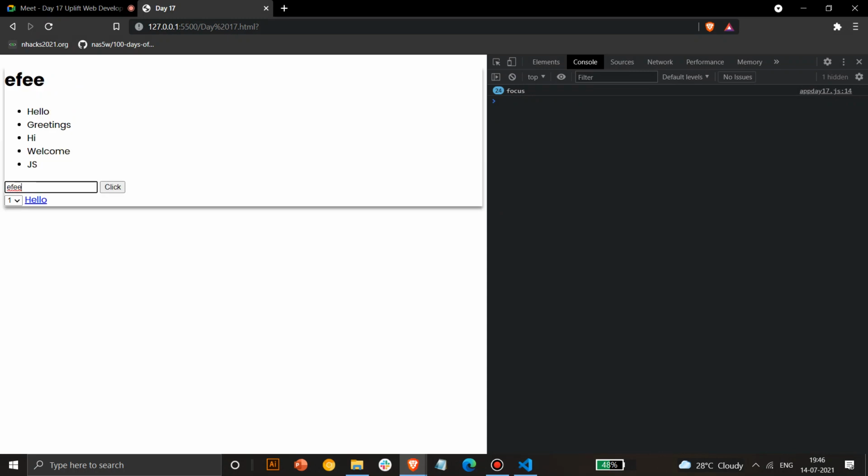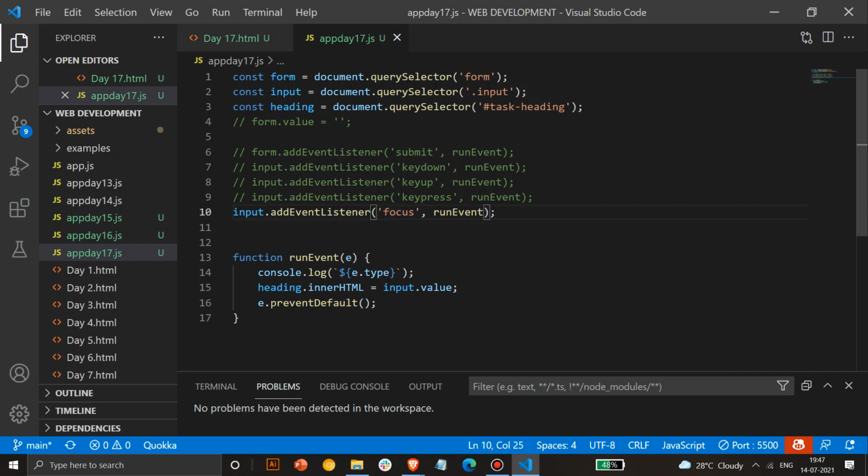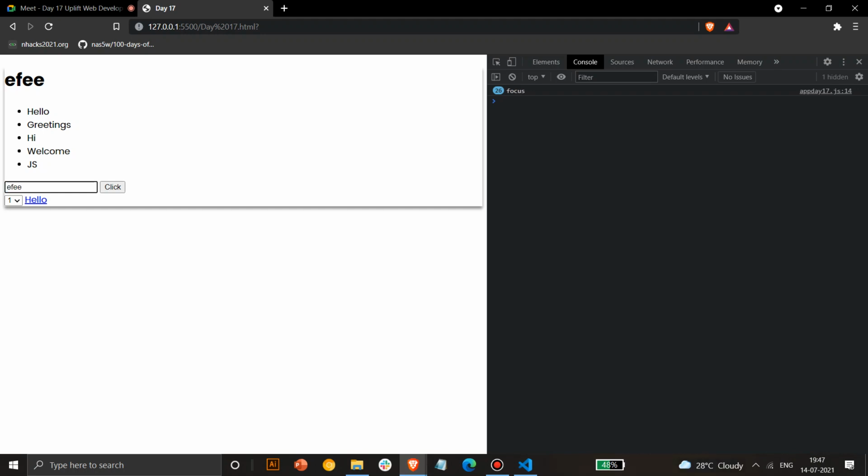Okay, this is helpful when you have to do validation, so you don't have to worry. As soon as the person puts his focus on this field, you can start checking if he has given the right format, as soon as he leaves it, or whenever he is entering the value. You can start validation at that particular moment. And as soon as the focus is lost, you can run the check on whether the validation is working or not. If the password is too short or something like that, you can give errors as soon as he leaves it. So in those cases, this focus is useful.